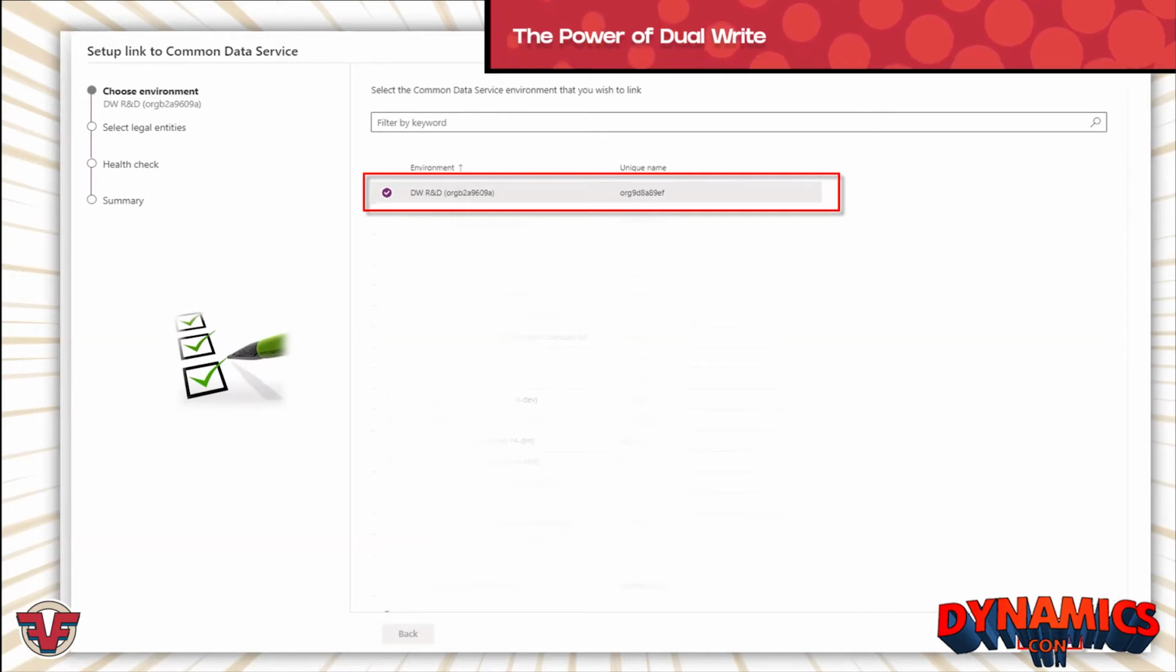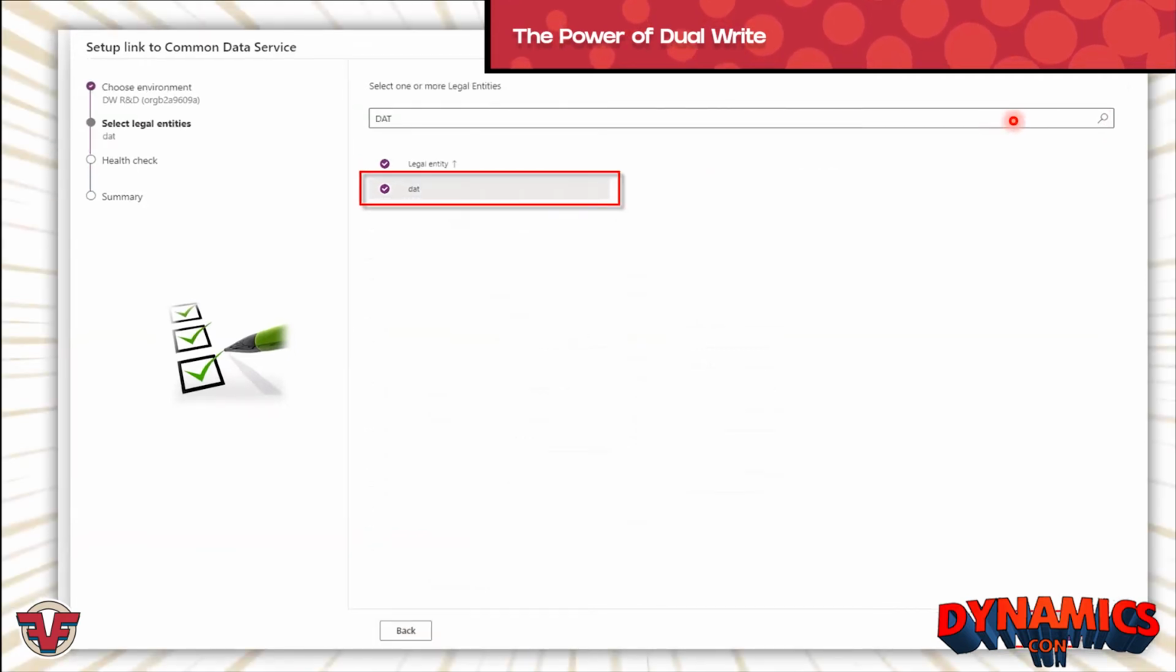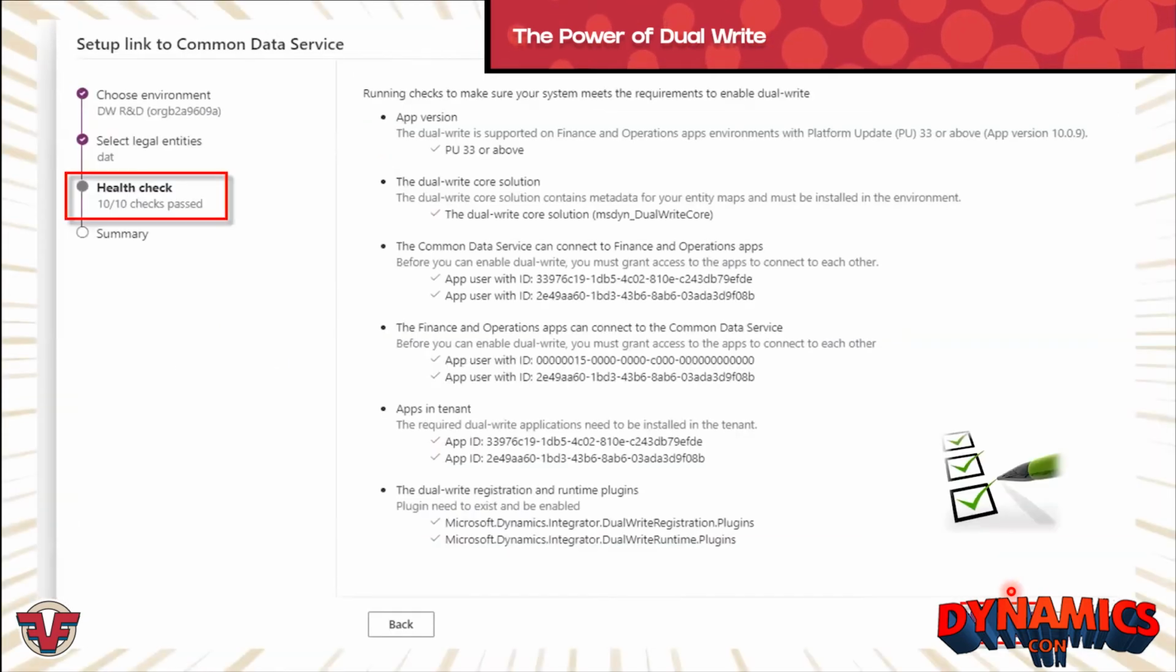Here you choose your environment. As you can see, I have chosen my environment. You can search your environment using this little icon over here. Then you have to choose your legal entity from finance and operations here. You click next. Then it automatically checks that all the prerequisites are installed in finance and operations and